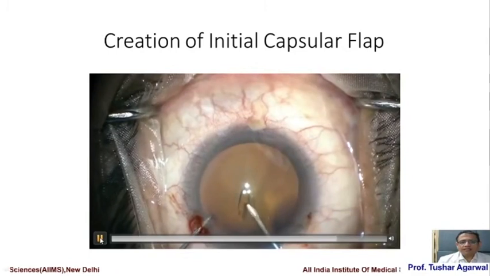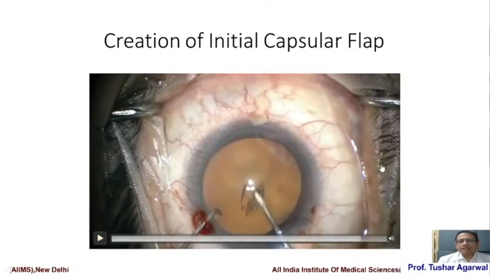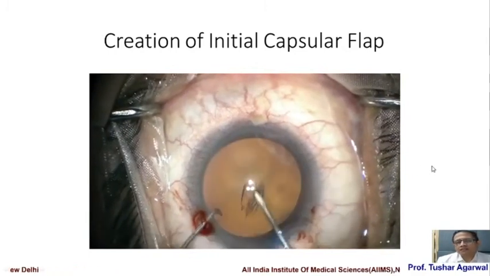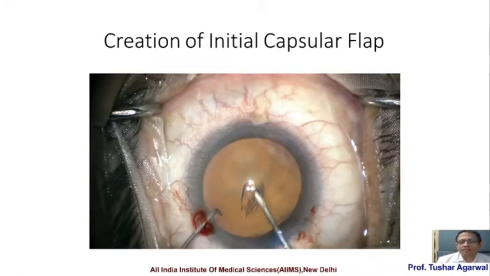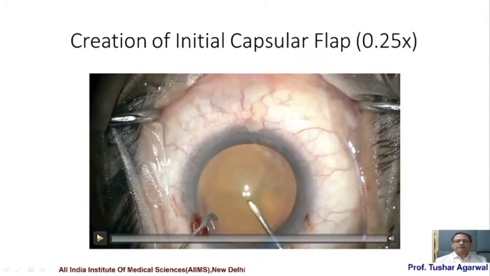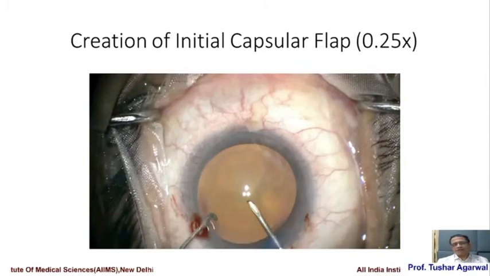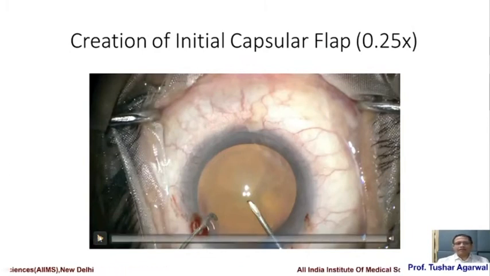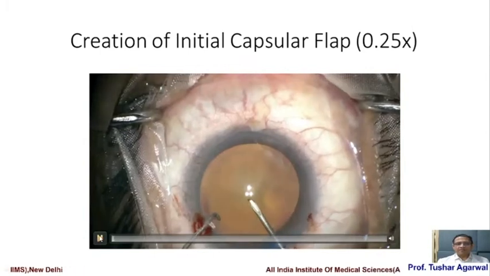Now for the trainee, this looks like one single step and you see that the flap forms, but when I see the videos of the residents, this doesn't happen like this. So for this I have slowed down the video by 4 times, and we'll see in slow motion that this small movement actually is composed of 4 different sub movements which one has to learn, and they have to be done in the same order. Now let's see these 4 movements.